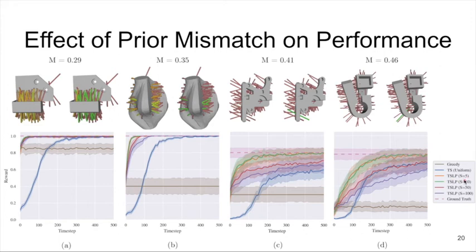As expected, the ground truth policy achieves the best performance since it uses Oracle information. We find that for objects with low prior mismatch, the greedy policy and the Thompson sampling policies, which place high weight on the GQCNN prior, perform well. However, for objects with higher prior mismatch, we find that the greedy policies perform much more poorly, and online exploration is critical to finding high-quality grasps.